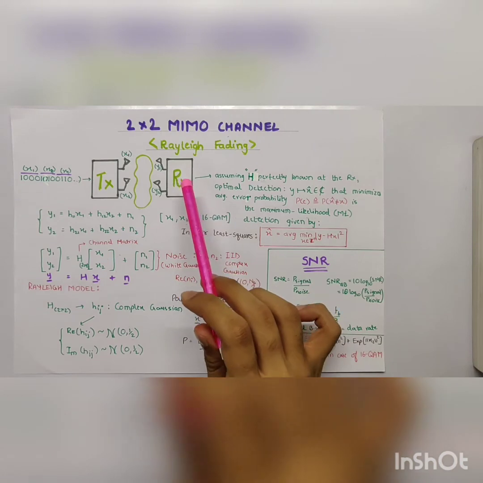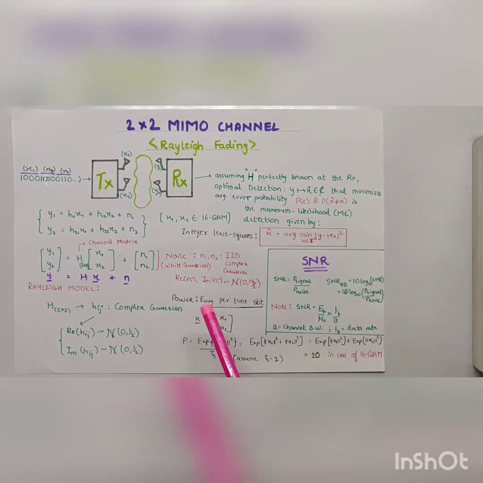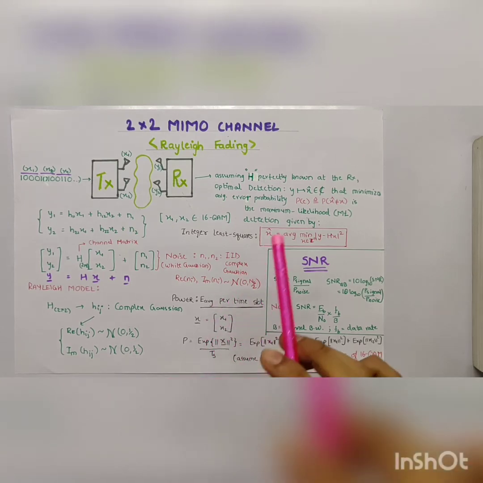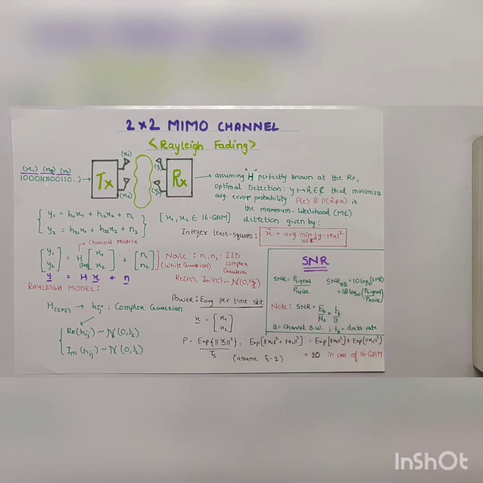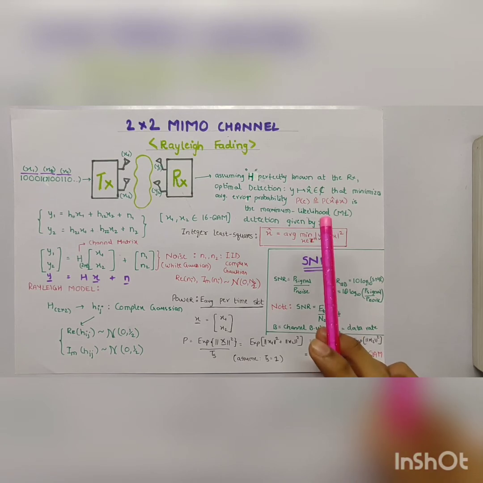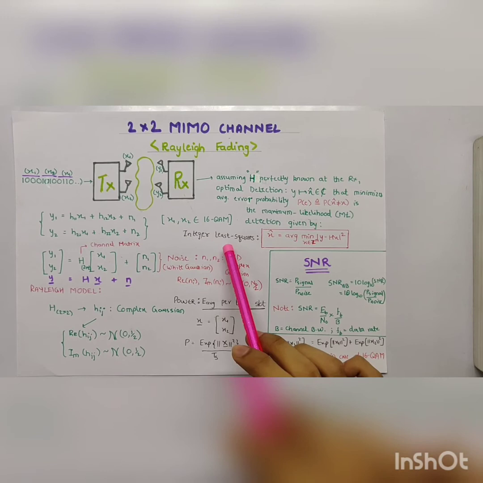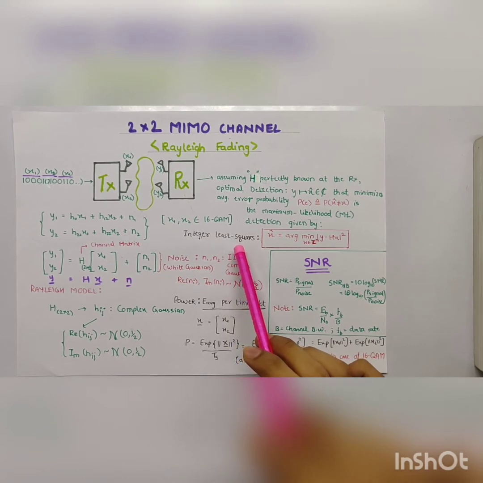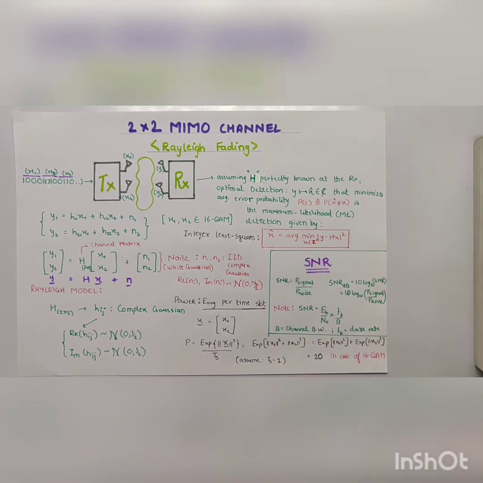At the receiver's end, we will assume that H is perfectly known and we have optimal detectors that minimize error probability. These are known as maximum likelihood decoders, backed up with efficient algorithms for providing the result. So the problem statement in our case is to obtain an integer least squares solution predicting X which belongs to our constellation as shown previously.